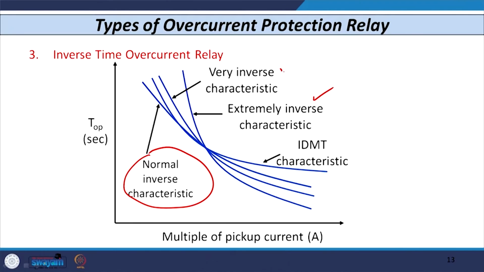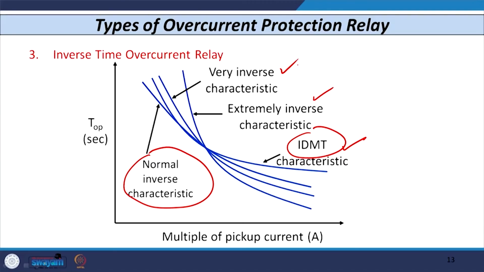So, you can see this type of two characteristic I have shown, where the curve becomes steeper and steeper. I have also shown another type of characteristic, that is IDMT characteristic, in which the relay is known as inverse definite minimum time relay. We will see later on what an IDMT relay is, but in inverse time over current relay three characteristics I have shown, that is normal inverse, very inverse and extremely inverse, and depending upon the requirement,